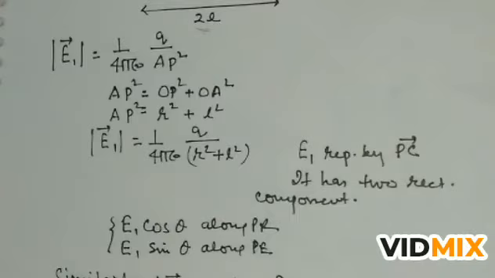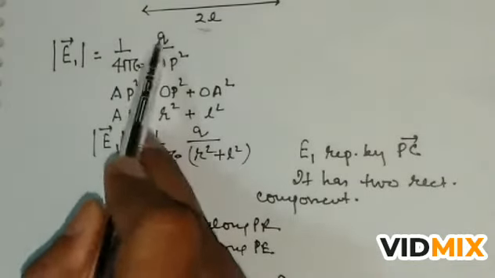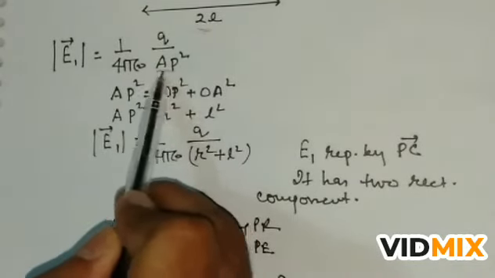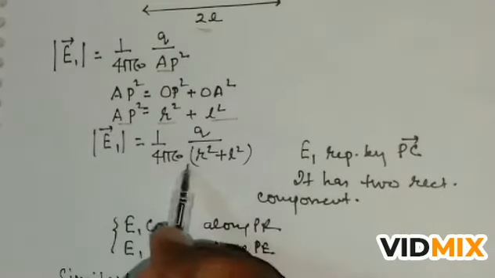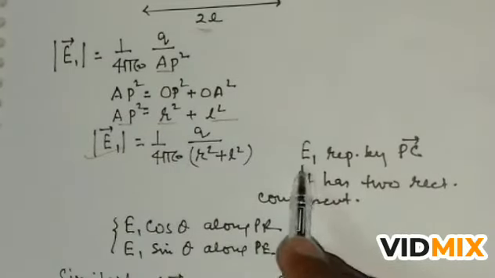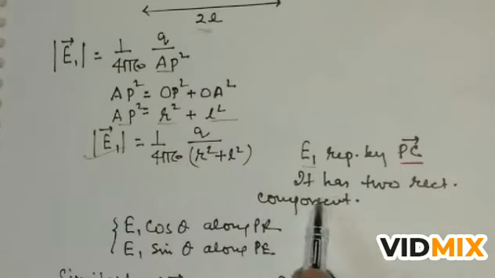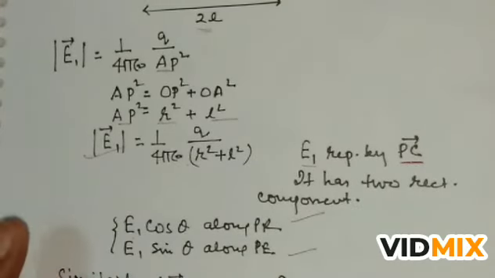First find the value of E1. E1 is 1 upon 4 pi epsilon naught q by AP square. And what is AP? Using the Pythagoras theorem, we find the value of AP: R square plus L square. So put the value here. This is E1, and E1 is represented by the line PC here, and it has two rectangular components, E1 cos theta along PR and E1 sin theta along PE, as I discussed in the diagram. Similarly for